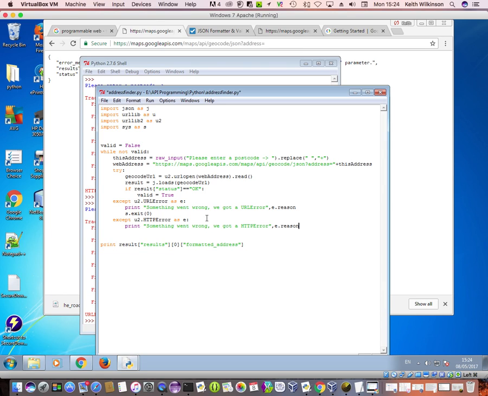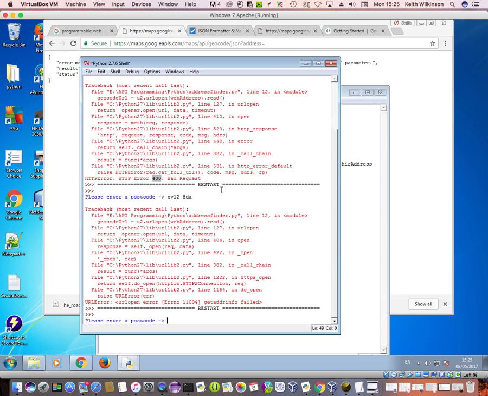So now I have got two except blocks running. Hopefully one will catch an error for the misspelt Google URL address, and one will catch an error if it couldn't process the information. So let's see what happens. It's spelt correctly, so the only thing I expect to go wrong is the fact that I couldn't get any data back. So let's run the program, enter a postcode, just press enter,